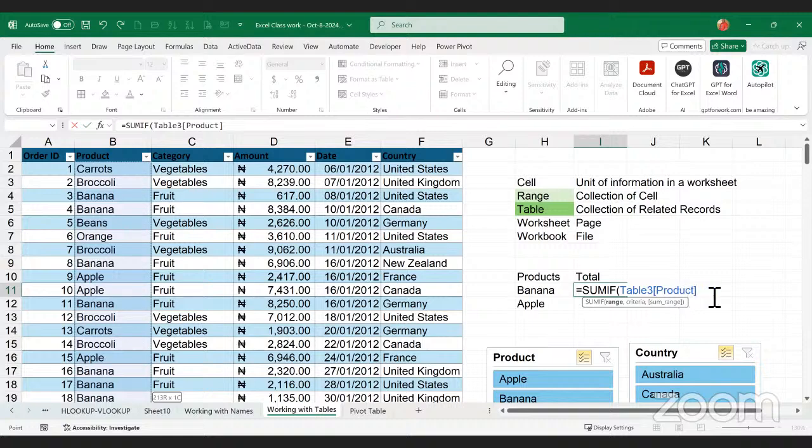Product is a field now because I'm now using database management language. In Excel, it is column and row. In database, it is a field and a record. So if you now use comma and you pick your criteria and you use comma and you pick your sum,